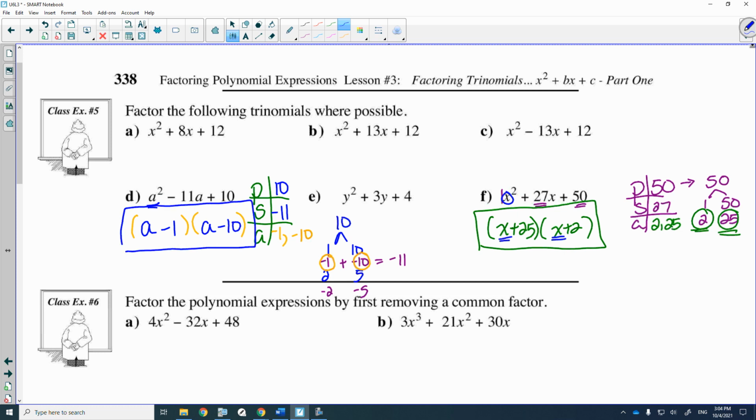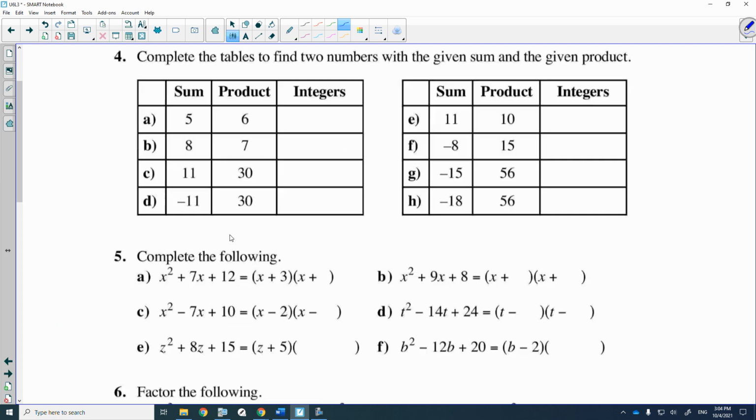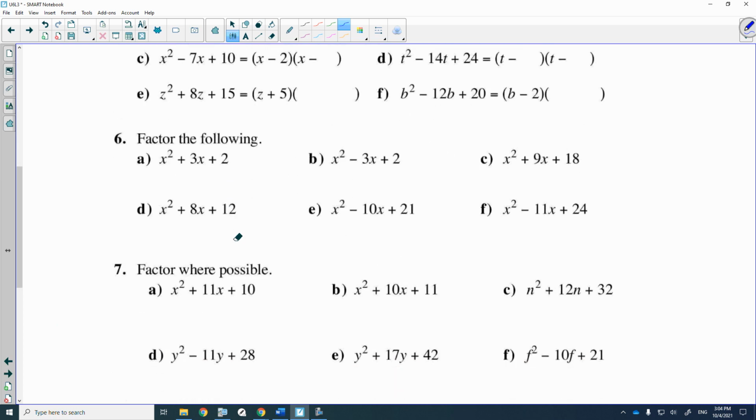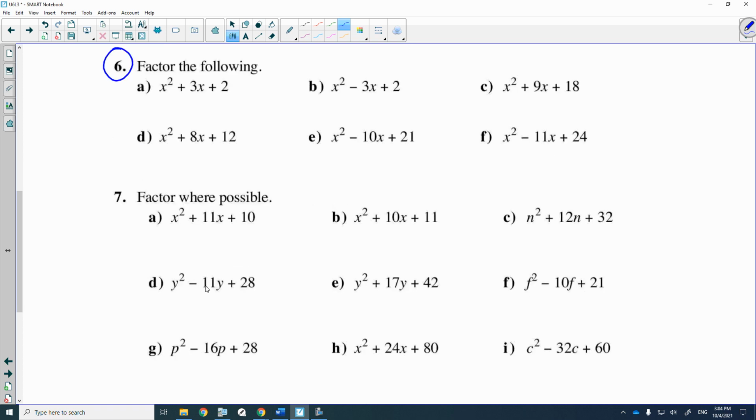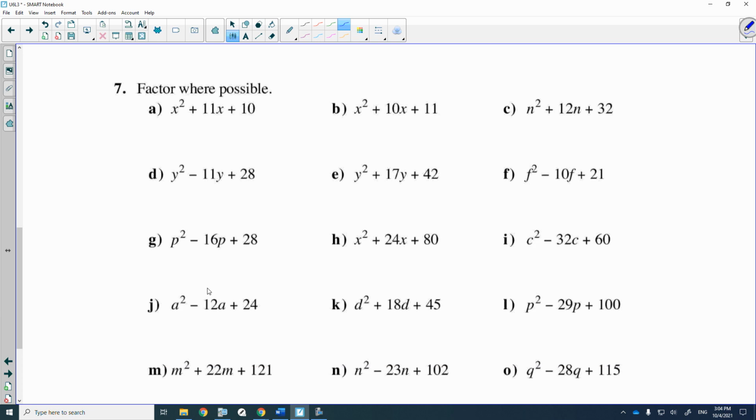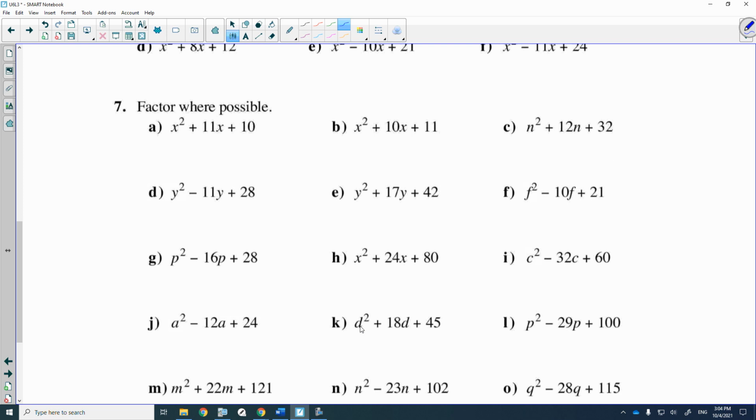Okay, I think we've done enough together where I want you to see if you could do some of these homework questions. And then when you're done the homework questions, you want to come back and watch lesson 6. So I'm going to give you the homework questions first. You could pause and then you come back and watch that. I want you to do all of number 6. Number 7, I'm not going to assign all of it. I'm just going to assign a few because what I like about number 7 is it has bigger numbers that you're breaking down. So let's do C,